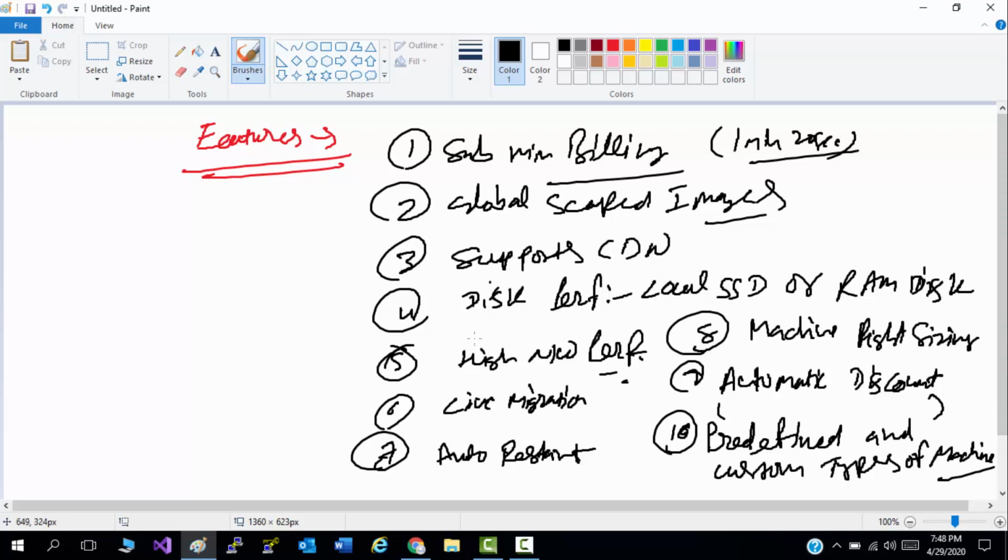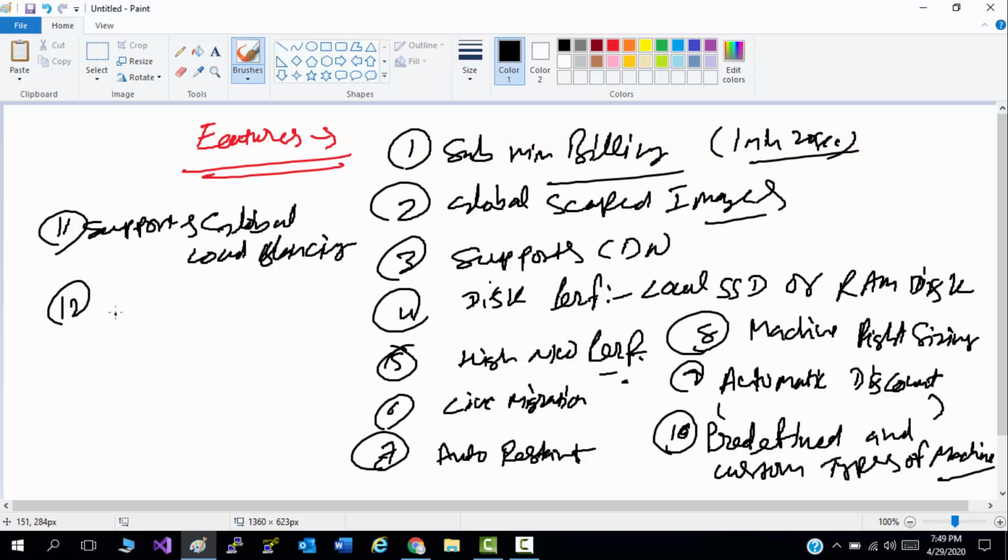Number 11 is that it supports global load balancing as well as auto scaling. So these are the features of VM which you will configure in Google Cloud.